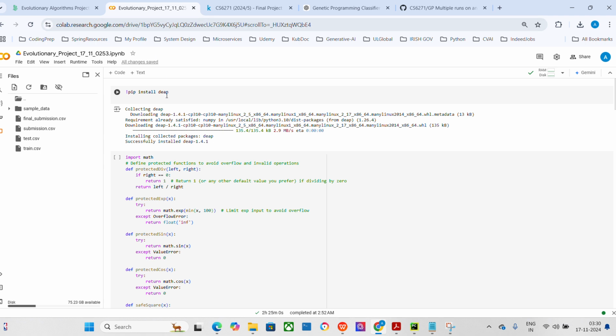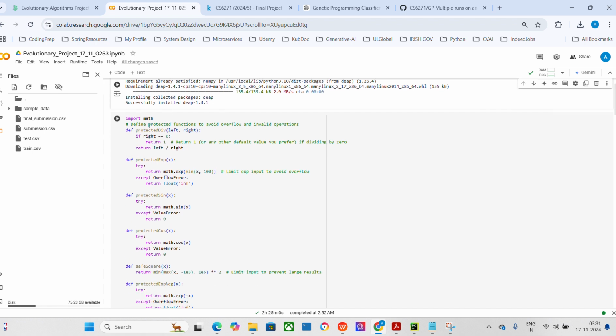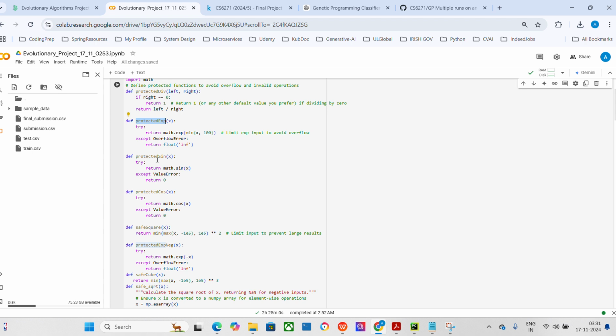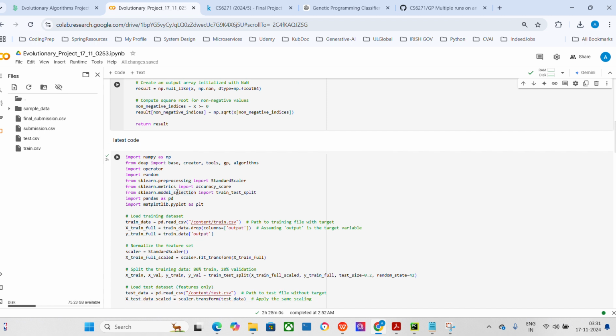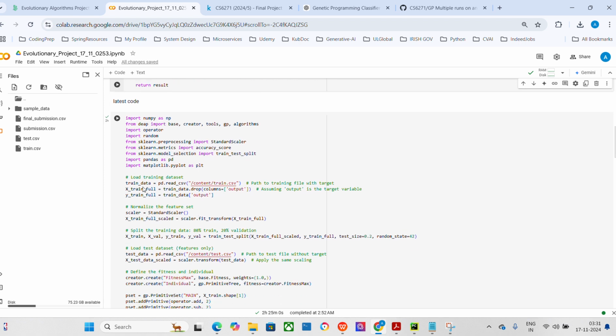As usual, I have installed DEAP, which is used for genetic algorithms in Python, and then I have added some protected functions to make sure that my code doesn't break, and that the operators don't break while building the complex tree structure. So I have used protected sine, cos, safe squares, protected negations, and all the other methods. Not all are used here, but I have just added them because I was using all those methods at some point. And here are the imports like numpy